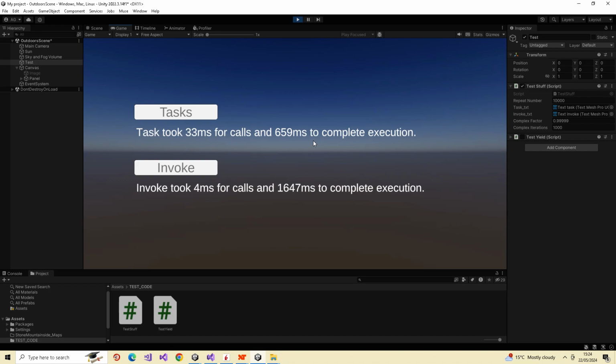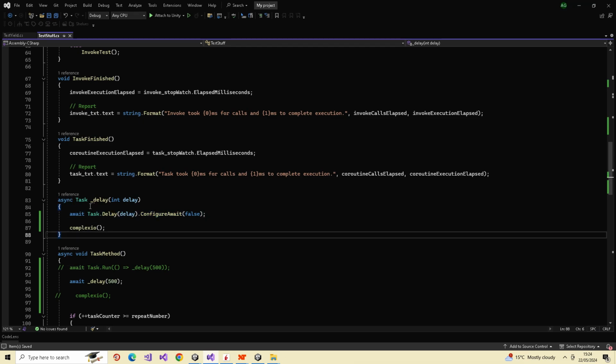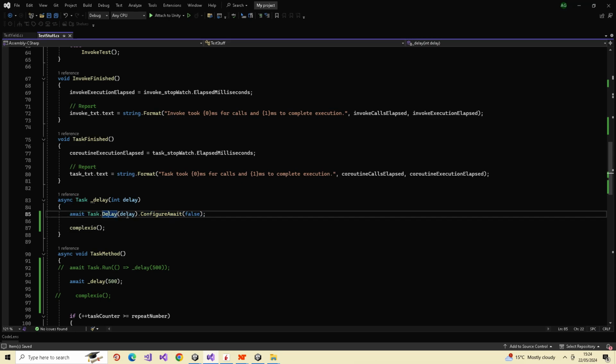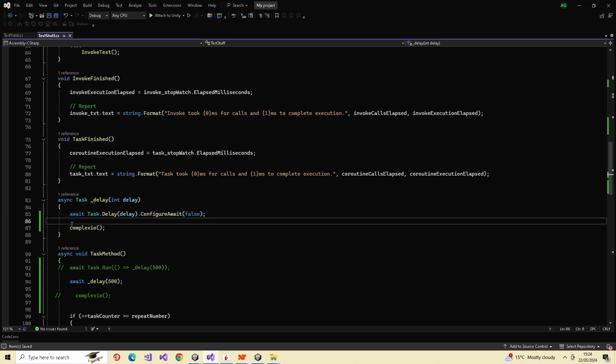So sorry, rewind three minutes and just close your ears, because yes, ConfigureAwait like this after the delay command does work. What happened is we left the UI thread within this task using Task.Delay into another thread. When we came back, we actually returned to the main thread, which would be the Unity UI thread, the Unity main thread. But using ConfigureAwait false, we